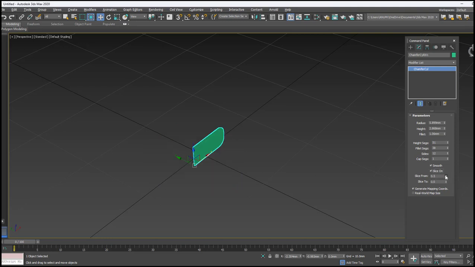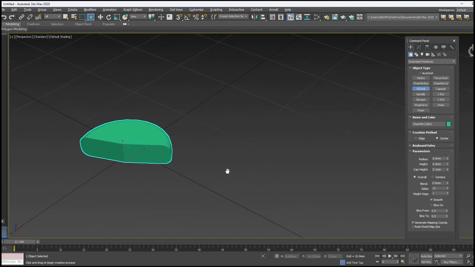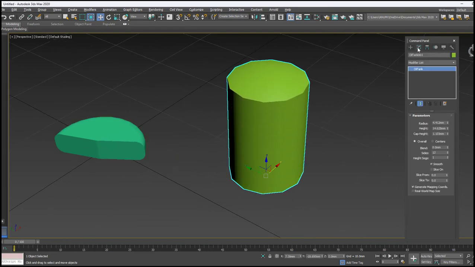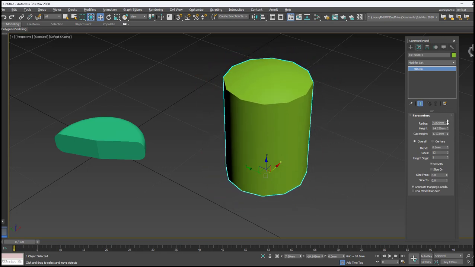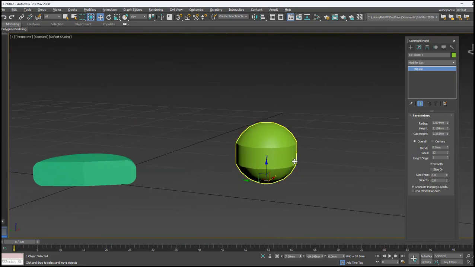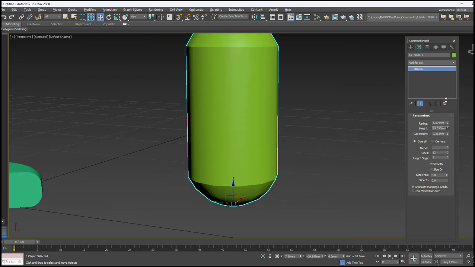Slice on, slice like this. Next one is oil tank: center, radius and then height. Click on modify: radius, height, cap height. So this one you can use for the load.